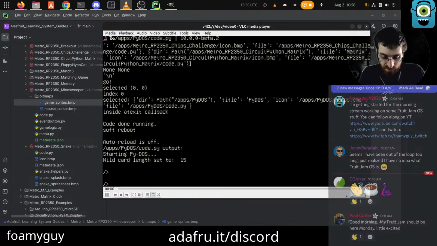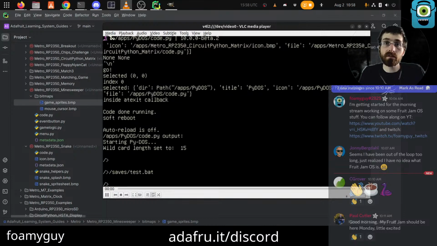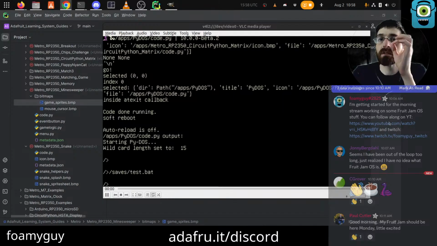So then maybe just slash saves slash test dot bat. Crash though. Nice. Okay. Yeah. We'd have to look at the code or ask Retired Wizard. Retired Wizard may watch.